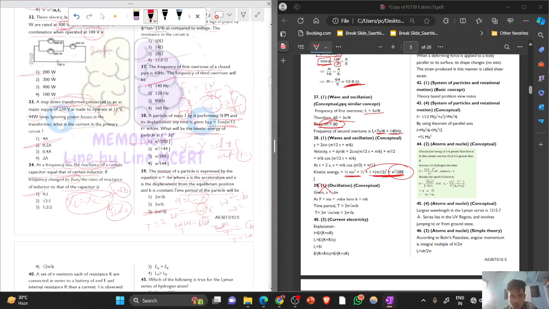So omega is equal to root under b, and omega is 2 pi f, and f is 1 by t, so 2 pi by t. From here, t is 1 by root under 2 pi by root under b. So your correct answer will be option number 3. Moving ahead,